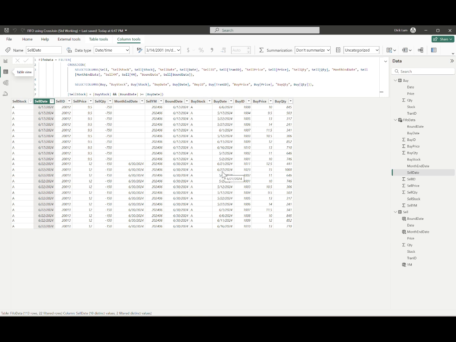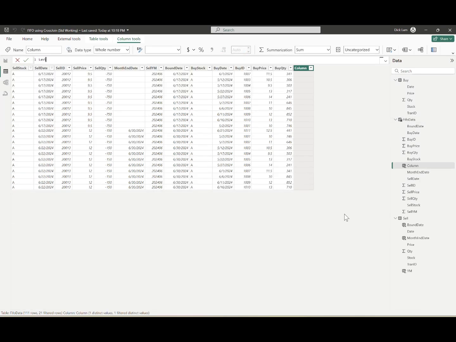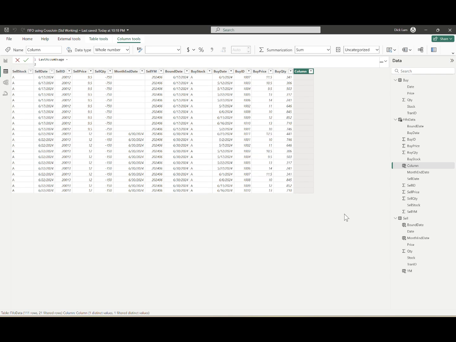Now, the first text column I'm going to create is the last accumulated usage. So I call it last accum usage. Then the first variable, temp sold quantity, is for the accumulated total of sales quantity with transaction ID less than the current sale ID. Now, pay attention. I'm using the sale data table instead of the FIFO data table because you see that there is repeat sale quantity for the same transaction ID. So it is not appropriate to use the FIFO data table. Stock equal to